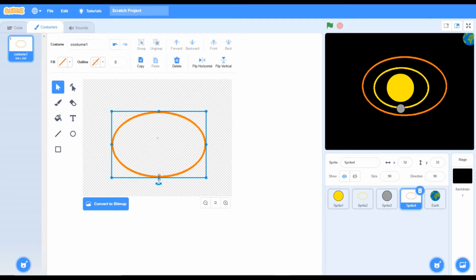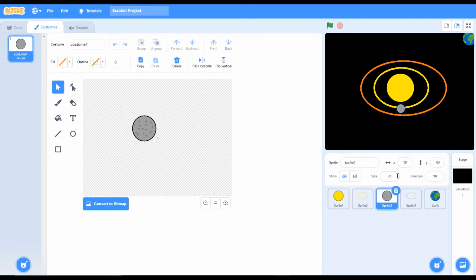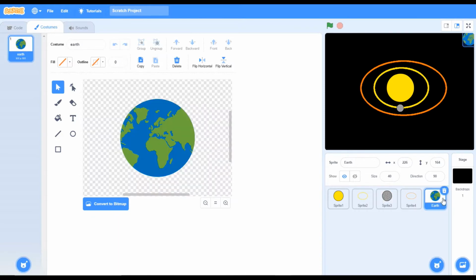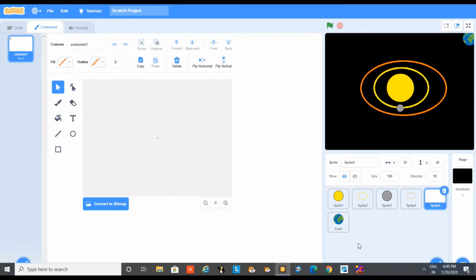Maybe here. I want the orbits of Mercury and Venus to be a little bit closer to each other, so it can even touch it. So I will change it to again 30. Yes, now it's looking good and perfect. Now next we will have to. I don't want to delete it because it can be handy in an emergency. Then I wait there for some time.